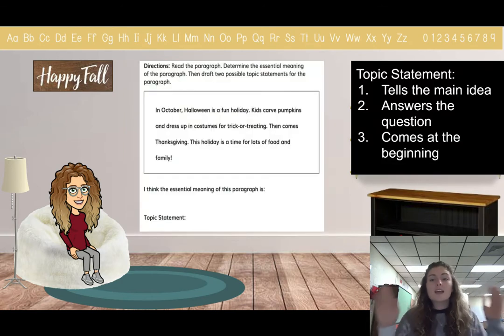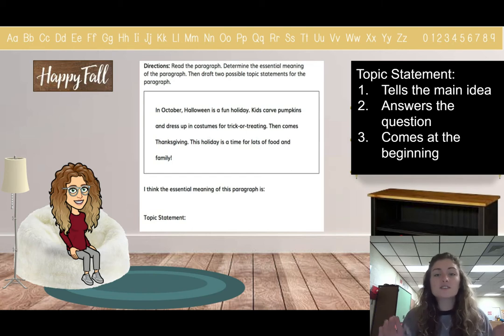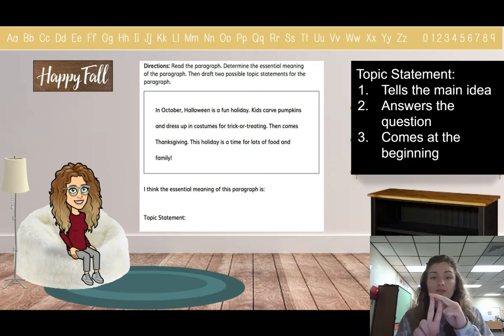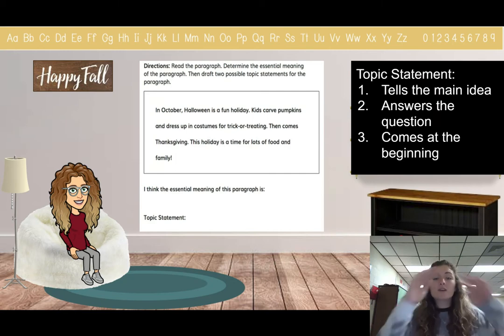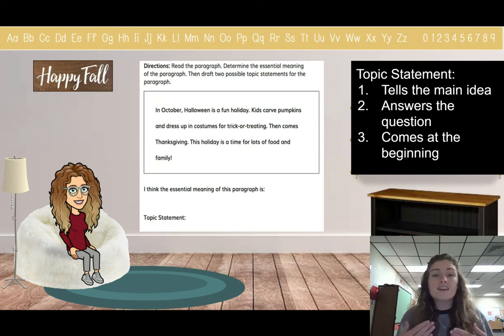All right. So in those sections of the book, we had three big sections. It talked about what the weather is like in fall, what plants and animals do in fall, and what kids do in fall. So if we were going to make an informative paragraph about what changes happen in the season of fall, we would be able to use those chapters or sections to give a big informative paragraph about what things people and animals and plants do for fall. All right, so let's move on. So we have a new paragraph.